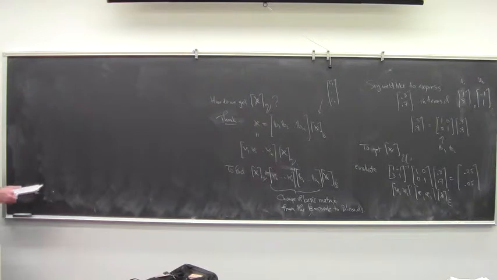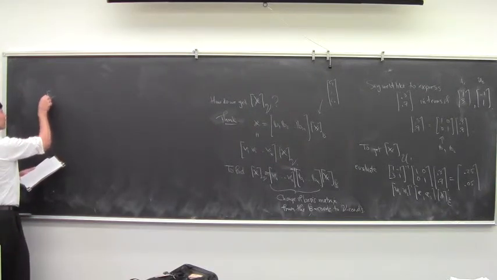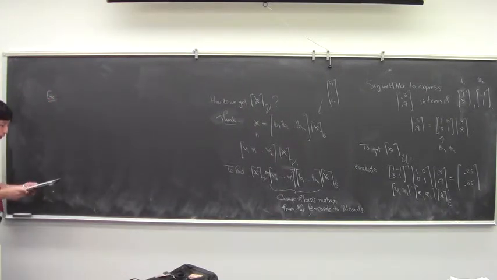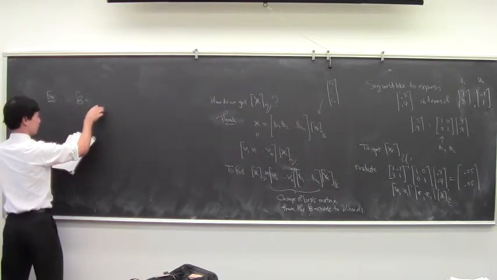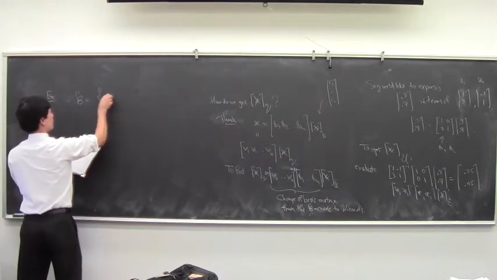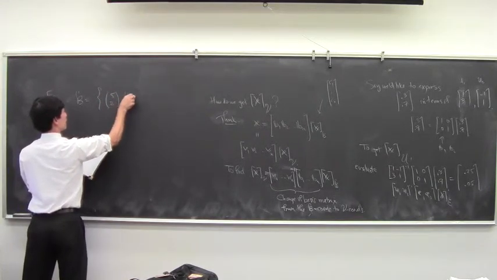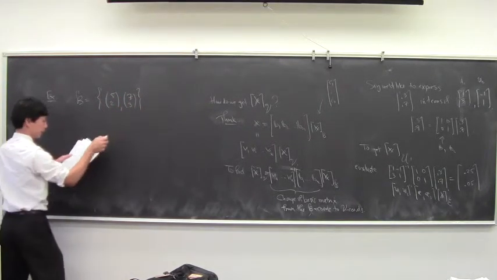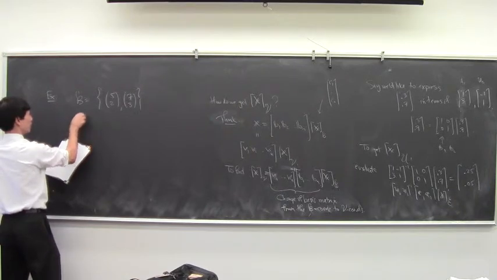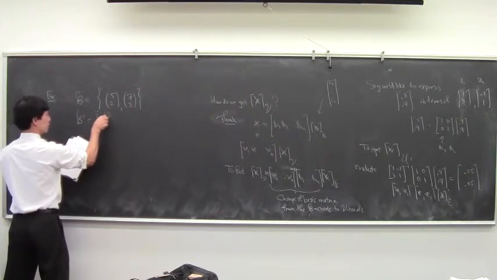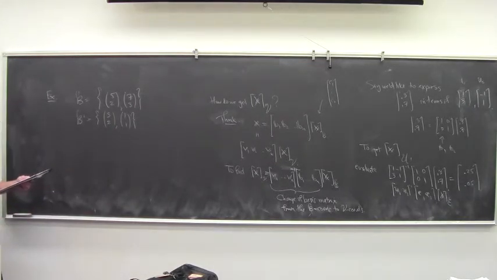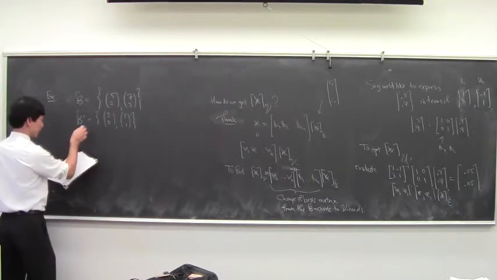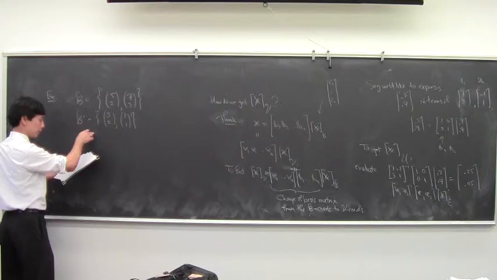Okay. So here's an example. This one is from the book. They give you one basis, B, which is (5, 2), (7, 3). And they give you another basis, B prime, which is (3, 2), (1, 1). Okay. And they ask, what's the change of basis from